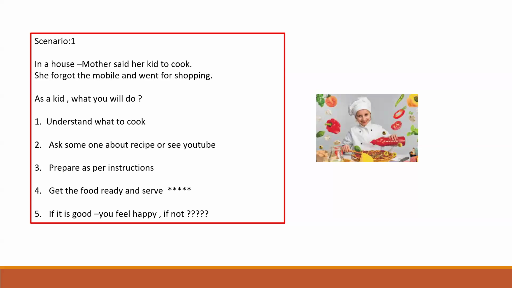Now, by the time the mother arrived, the food is ready to serve and it is on the plate now. Okay. Now this is scenario one, where the mother gave the instructions, forgot her mobile in the home itself, and went for shopping. She doesn't know what the kid is doing, and the kid can't contact her mother for anything. Okay. That's scenario one. Now let's go to scenario two,